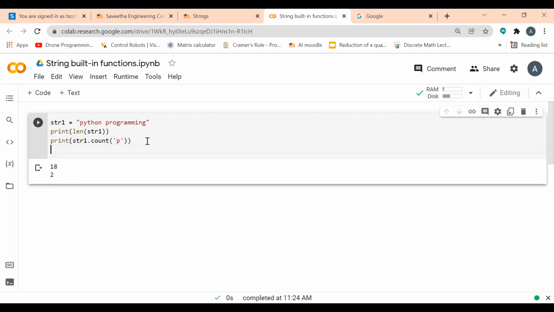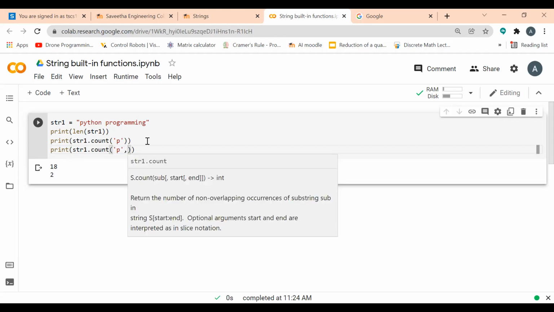Next, I can also specify the index from which I want the count of a particular character. Suppose I want to count the number of p from the 5th index.